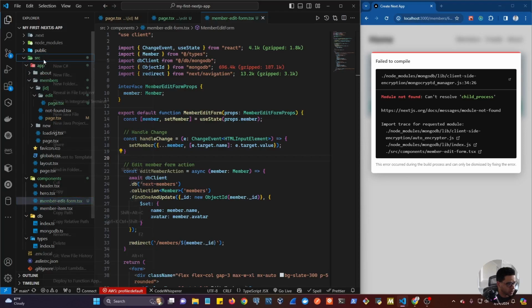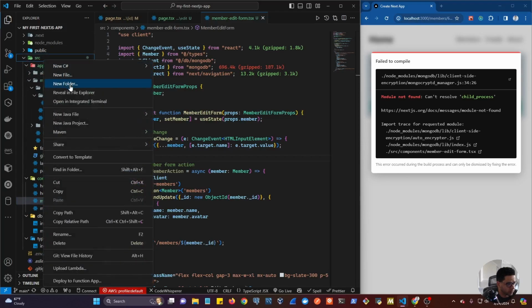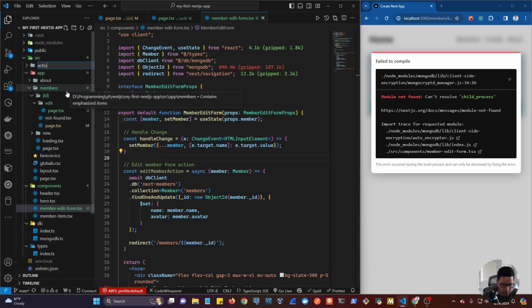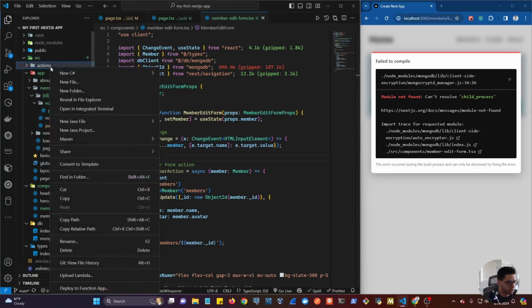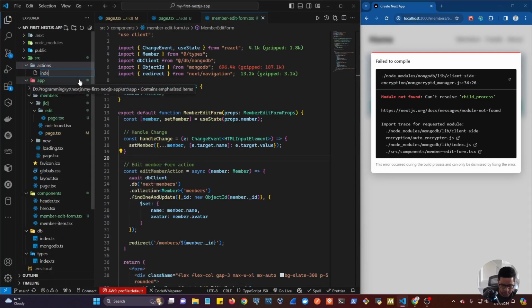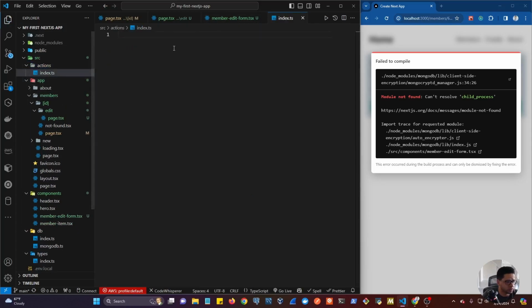We're going to right click, create a new folder, call it actions. And then inside of actions, we're going to create a new index.ts. And this one is just TS because we're not going to write any JSX. We're just going to write some TypeScript